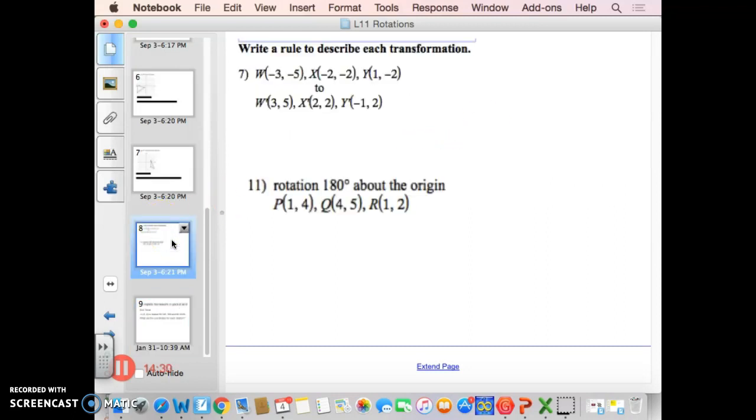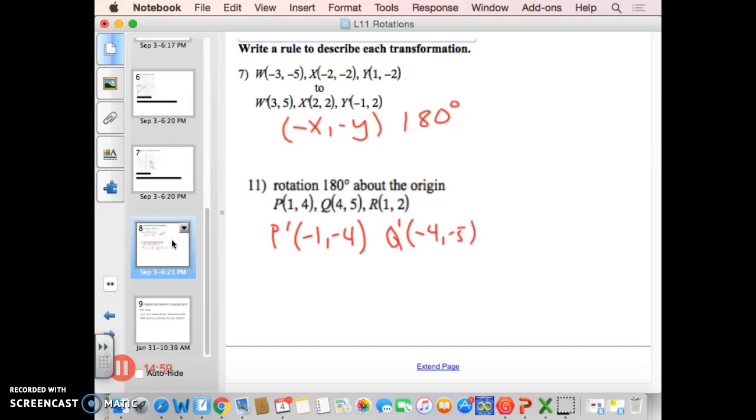I just want to finish off by doing a couple example problems. So what I notice happens to my W is that all the signs change. So I know this is a negative x comma negative y, which is a 180-degree rotation. And then this is like number 11 on your homework, a 180. Well, all I'm going to do is P prime is going to go to negative 1, negative 4. Q prime would be at negative 4, negative 5. So the rule is just to change the sign. So again,